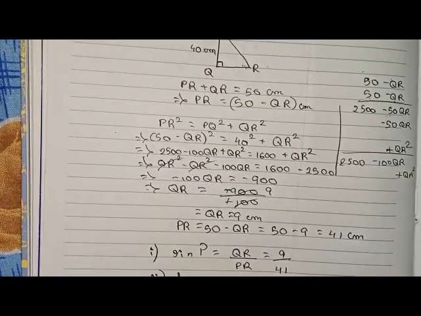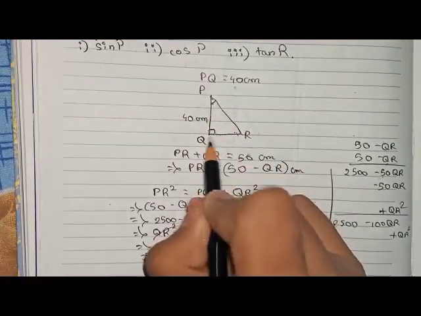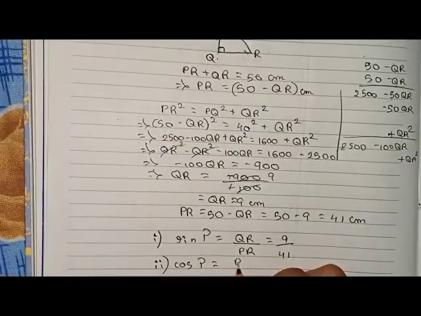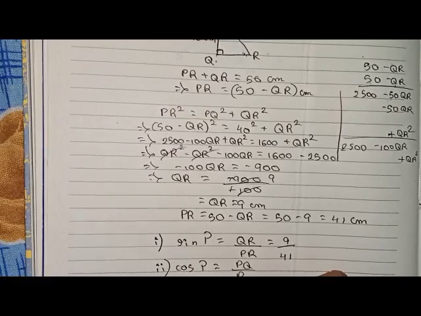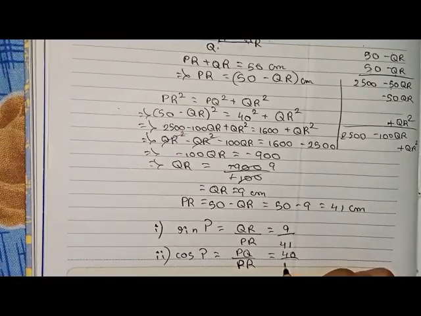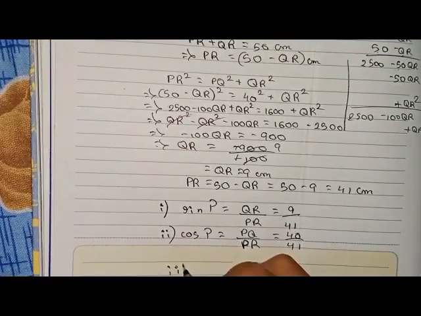Then second it is cos P. So this is the base and this is the hypotenuse. So PQ by PR. So PQ 40 and PR 41. And third